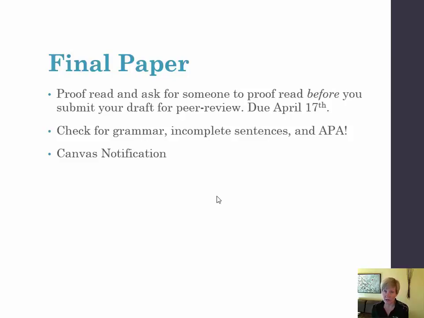And if you haven't used the track changes tool or comments, there's a small learning curve, and it'll take you a minute, but you should be able to pull down some options there to see the kinds of things that you need to do for a track change. So the Canvas notification will come out, and you'll be ready to go to start your peer review. Peer review then will be due on April 23rd. Announcement will come to you on the 18th. You'll have a few days, 5 days or so, to read that paper, make comments, and get it back.